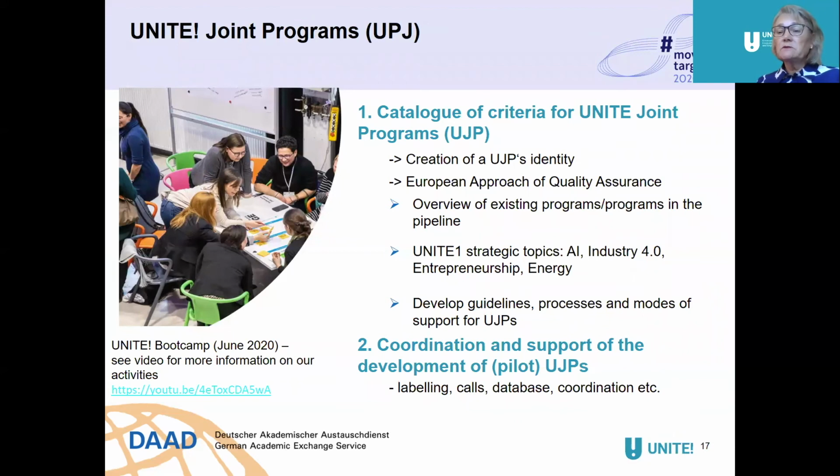So the joint programs is one of our initiatives, and of course that has a lot to do with mobility because joint programs usually have a mobility element, and now that we're looking at virtual mobility, of course we have to think about how that reflects into a joint program. So we're also creating a Unite Joint Programs identity. We are defining the mandatory criteria for jointness, and we do focus very much on our topics of focus, which are AI, Industry 4.0, entrepreneurship, and energy, as I already mentioned earlier. And then, as I also referred to earlier, we do need to think about the coordination and support of the development of these